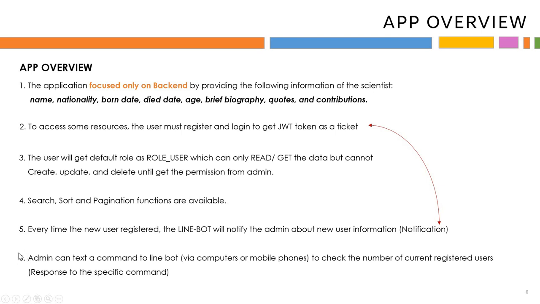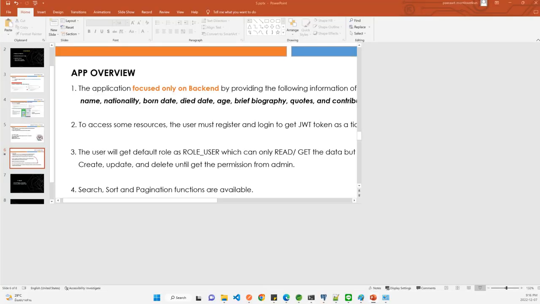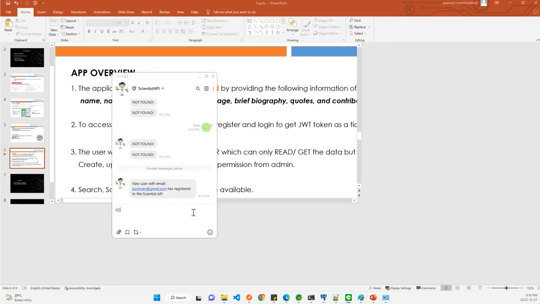Then we will move to the last bullet, bullet 6. The admin can text a command to a LINE bot by using computers or mobile phones to check the number of the currently registered users. This is a part of the response to a specific command. Let me show you how it works. Like in this, I have to type a specific command. In this, I use CCU. I have to write the logic in order to